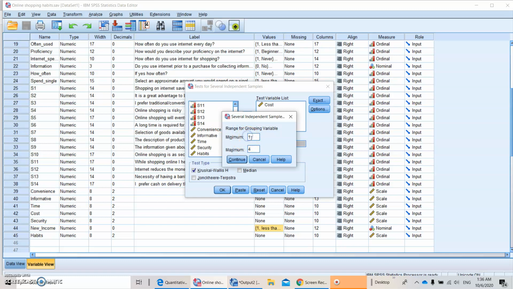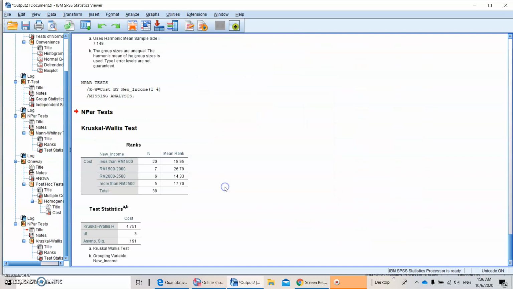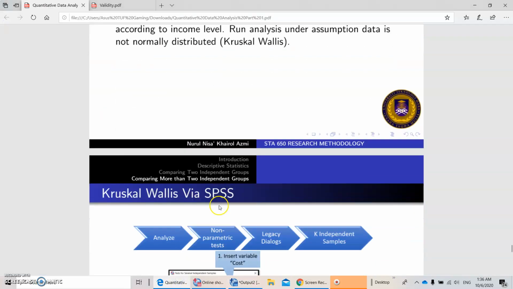The minimum is equal to 1 because there are 4 categories, so the minimum value label is 1 and the maximum value label is 4. Continue, and then choose Kruskal-Wallis. Click OK. So this is the result. Actually the most important thing is the test statistic here. So how to report?